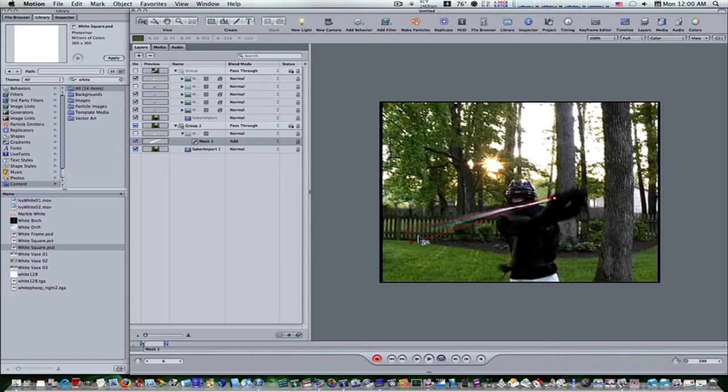Let's go back 1 frame to frame 6, and we'll bring this up here like this. Make sure your record button's on. Now the only way to do this is to painstakingly do it frame by frame. You cannot motion track